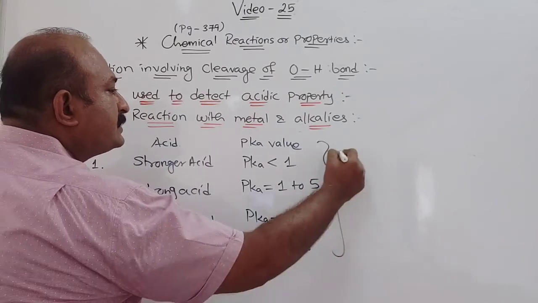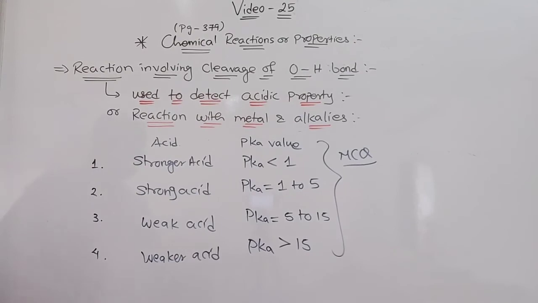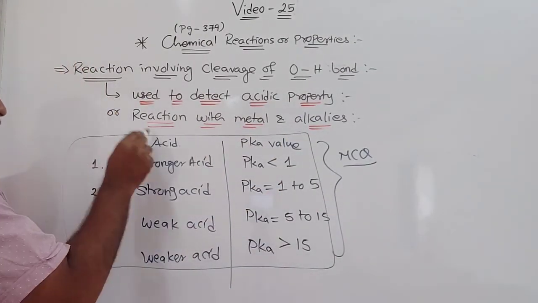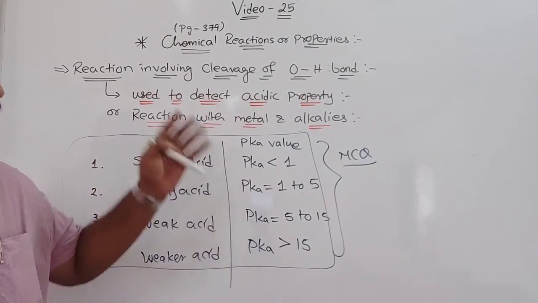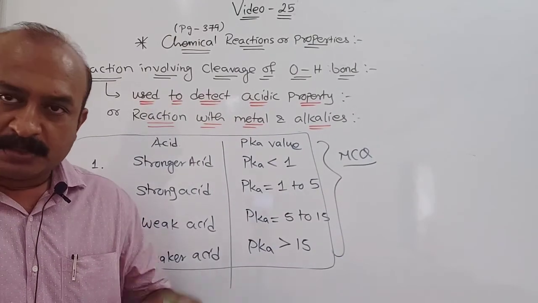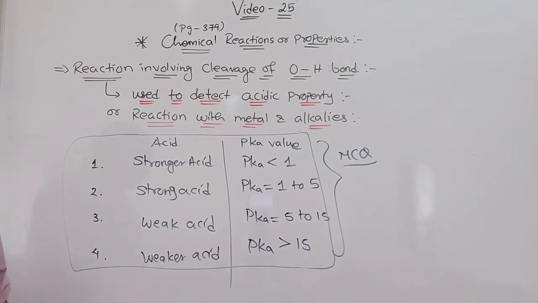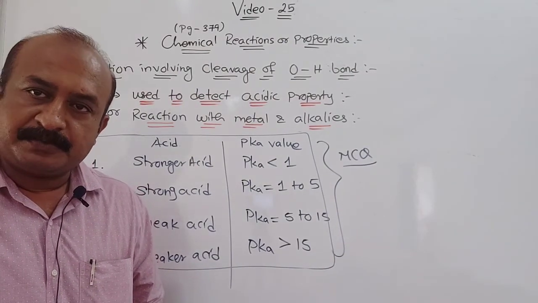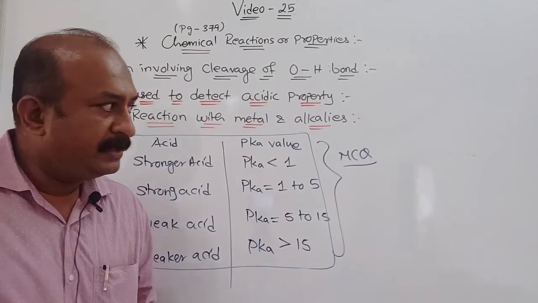So these are the questions which can be asked for MCQ. This is given in your book in paragraph form, but you can write it down as a tabular form. Understood this part? It is very simple for you to note down what we discussed. You can just revise or repeat the video and see what we have discussed today. Now in the next topic we will talk about the effect of substituent on acidic property. That will be our next video, so till then we will stop.